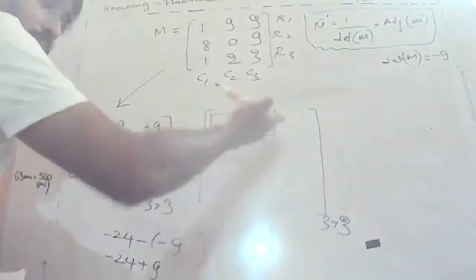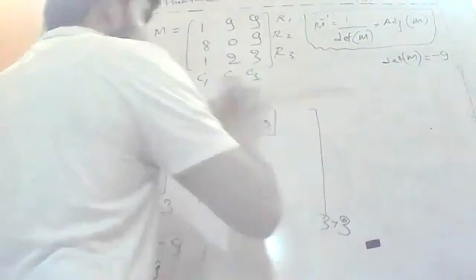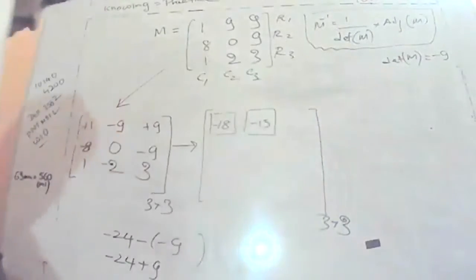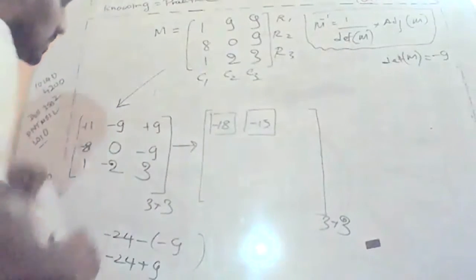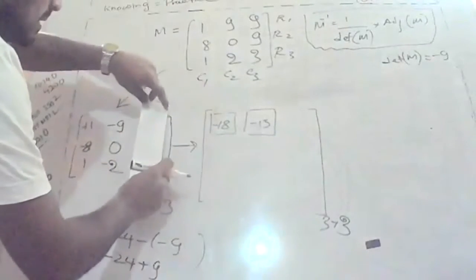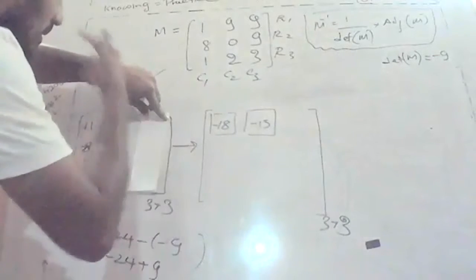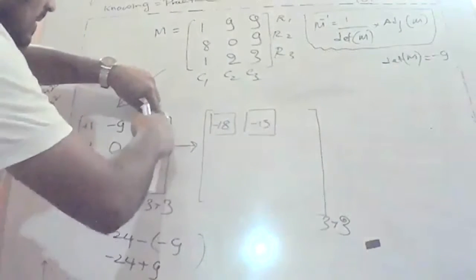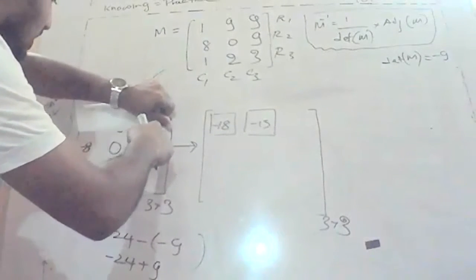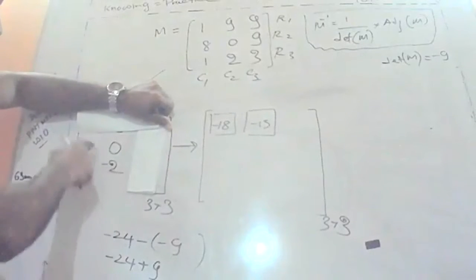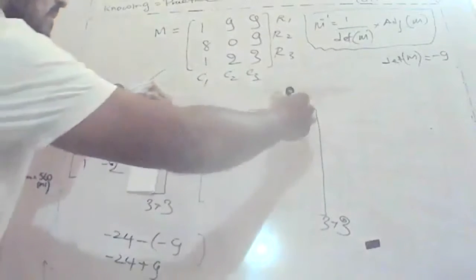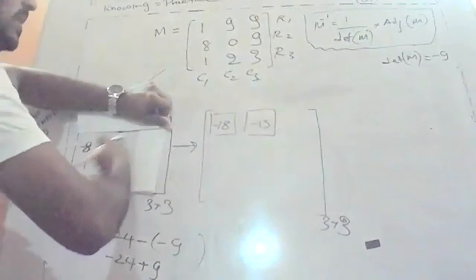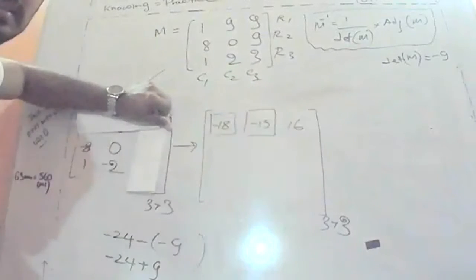Okay, so try to complete the next element on your own. Now I'm not going to put squares like that. I will directly put it. So now you want to find the next element. How to do that? Cover the column of that element. Then cover the row that belongs to that. You would be having this. This into this. Minus 8 into minus 2. That is 16. Because this into this is 0. So the answer is 16.